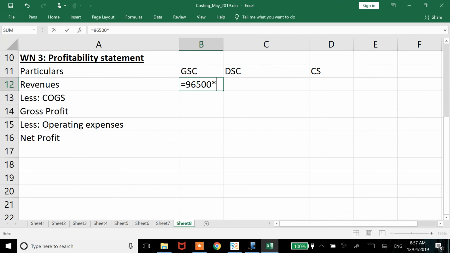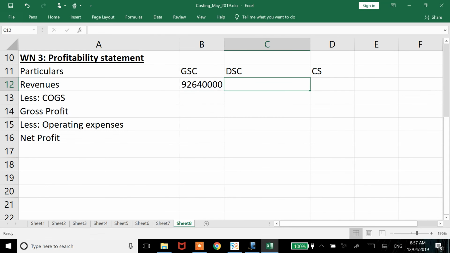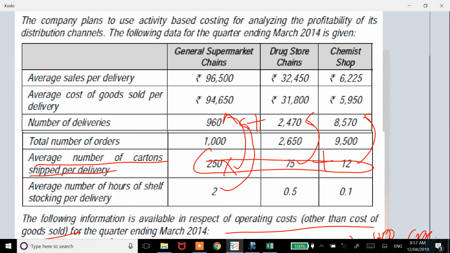96,500 into 960, because the words used are average sales per delivery and not total sales. In some questions they'll give you total sales, in some they'll give you average sales per delivery. So you will have to be careful about those adjustments. 96,500 into 960. This is an extra hidden adjustment again in this question. The next one is